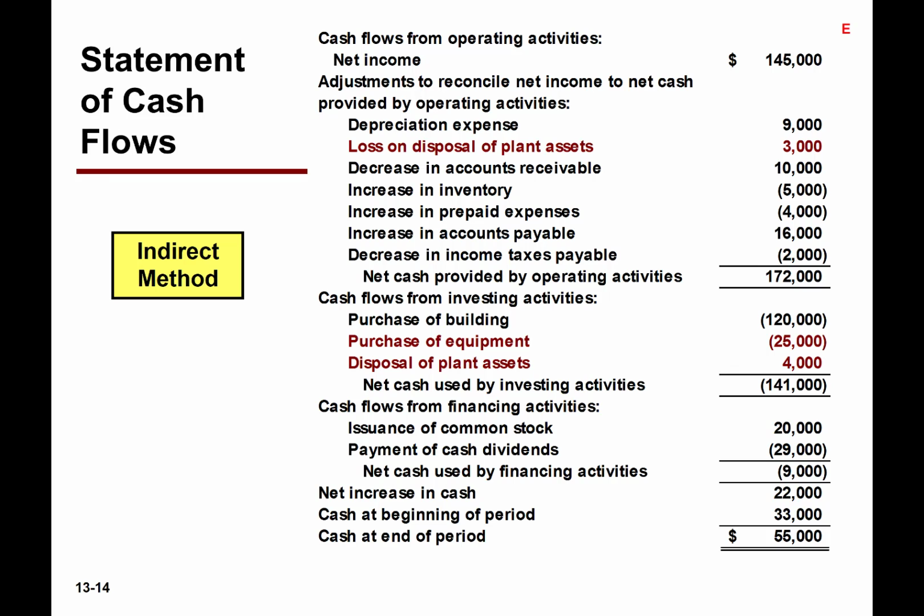It had to have been 12,000 minus 3 is 9,000. Okay? And so I'm going to go ahead and debit cash 4,000. Cash is coming in. I would have credited equipment for how much? 12,000. I would have debited the accumulated depreciation for